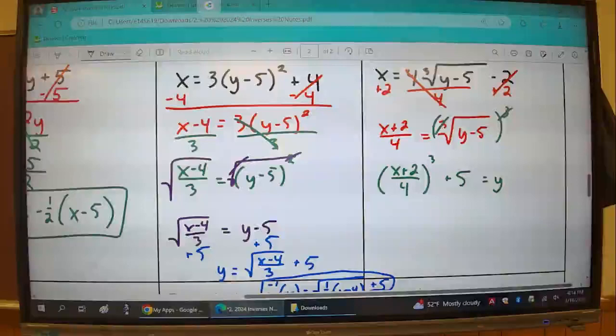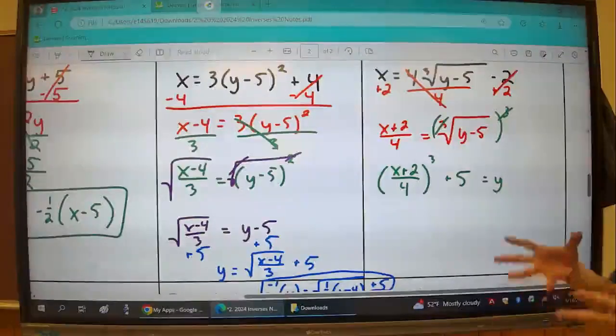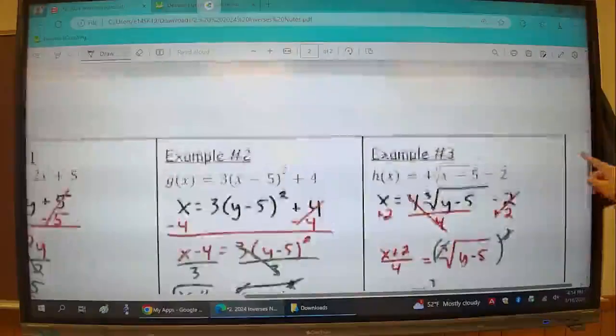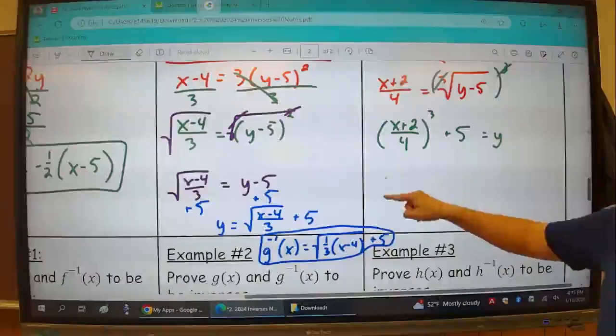I added 2 first, then I divided by 4. Then I cubed everything, and then I added 5. And that's not wrong, but it's also not right. It's not cleaned up yet. It's not the best answer. I should make it so that it is in transformation form, and so that it ties back to my original. My original was an h function, so this answer needs to be an h